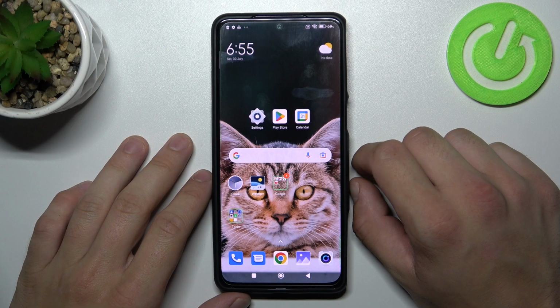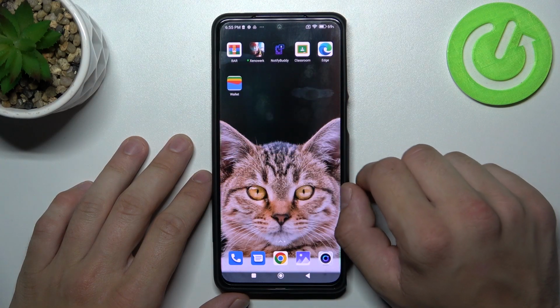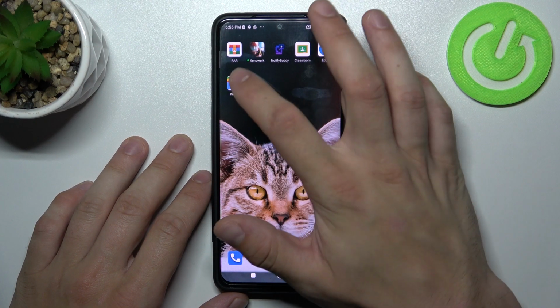Hello, in front of me I've got Black Shark 5. In this video I'll show you how to manage Google Wallet. In the beginning let's enter Wallet